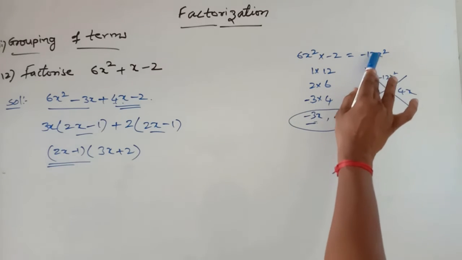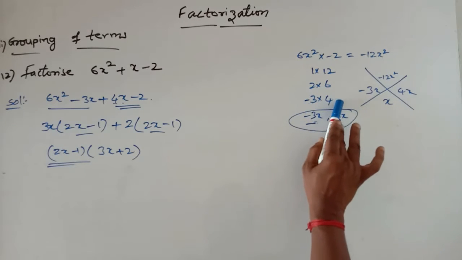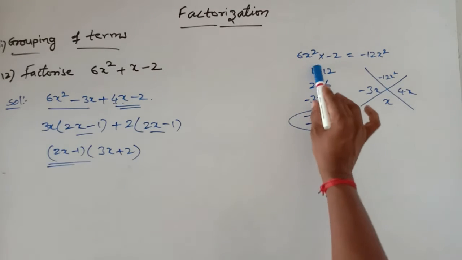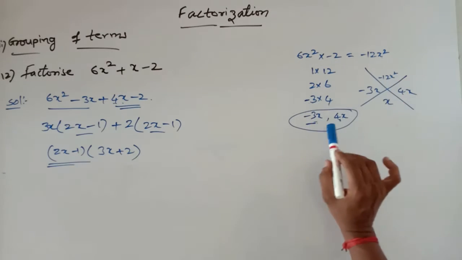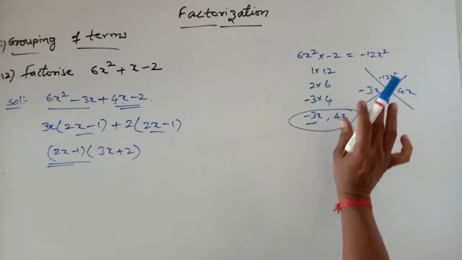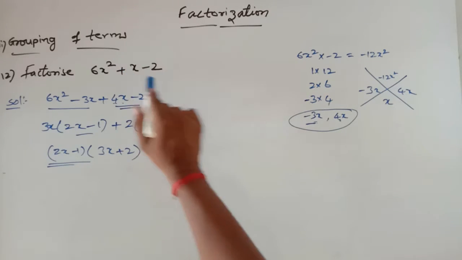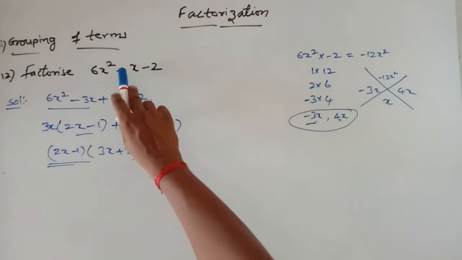Now first I am going to take the factors of 12. That is 1 into 12, 2 into 6, 3 into 4. Now here, I am taking x, which means automatically I am going to get the value. Now I have to take the condition that when I am adding or subtracting the factors, I need to get the middle term. Here 1 I need to get. Where am I going to get 1? Minus 3 plus 4 equal to 1.